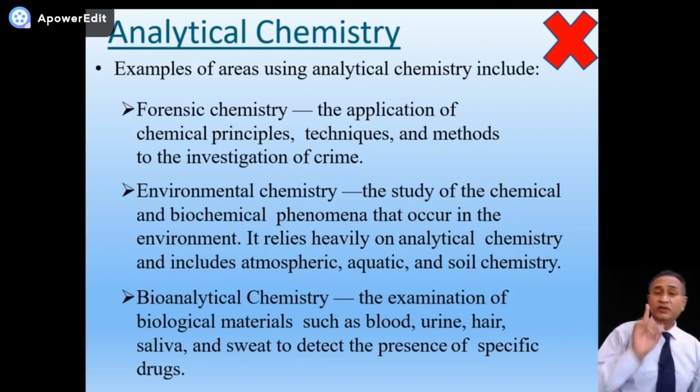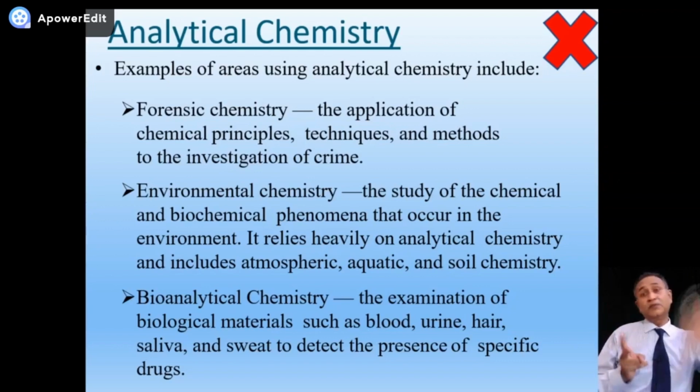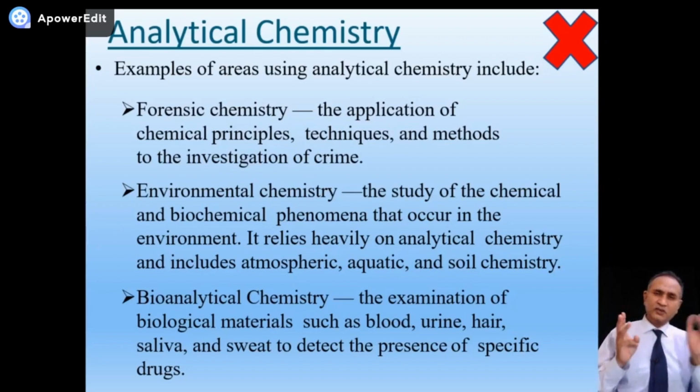So analytical chemistry means the study of method and techniques. Now, what have we done up till now? Organic chemistry, the study of hydrocarbons and their derivatives. What is inorganic chemistry? The study of all the compounds except organic compounds. What is physical chemistry? A study of laws and principles which govern the changes, which govern the chemical reactions. Then analytical chemistry, different methods. Now the next is